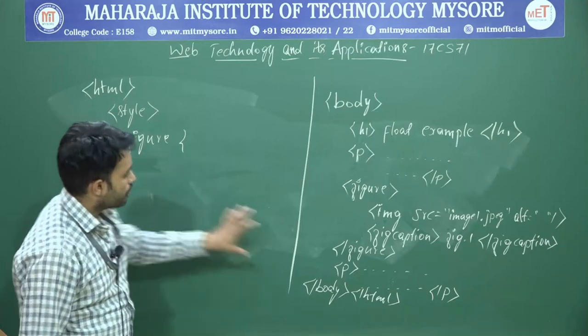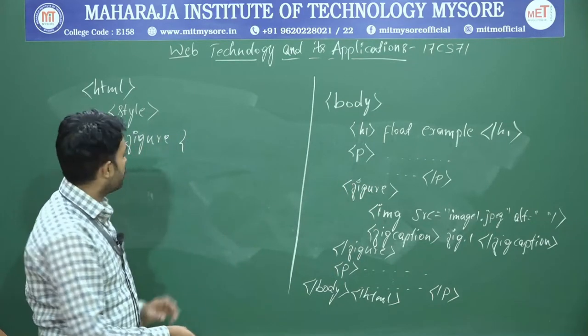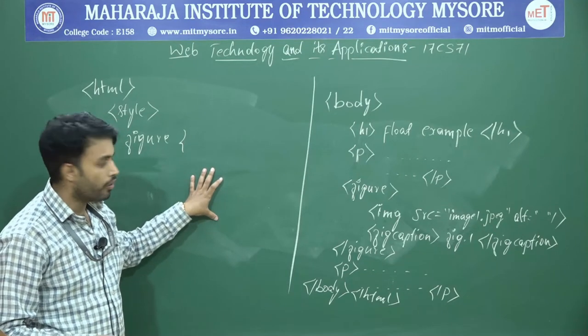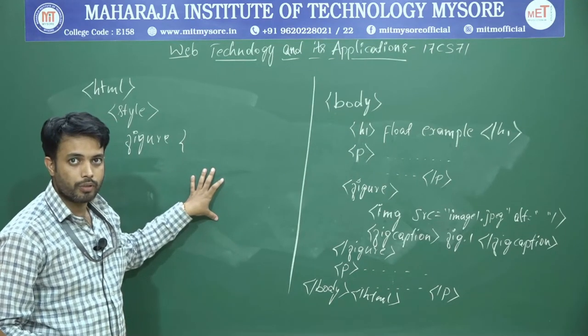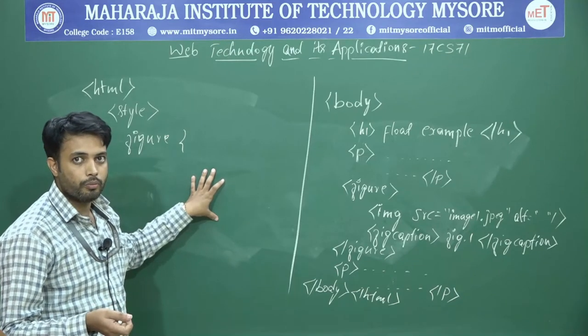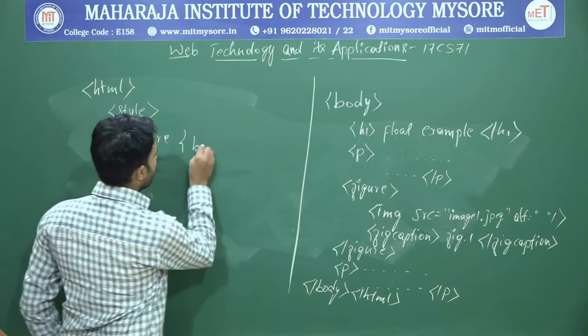So before that I need to style this figure, because I have to make that float. First I will execute without float, and then I will modify the same program and execute one more time, to make sure you see the difference between float and without float. Okay, so here border